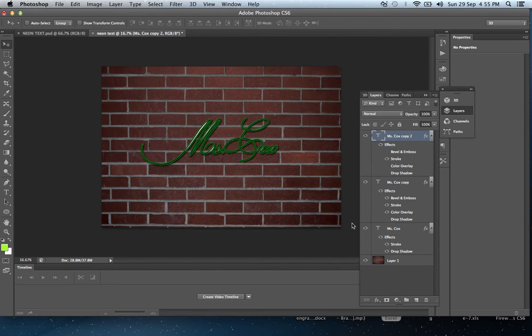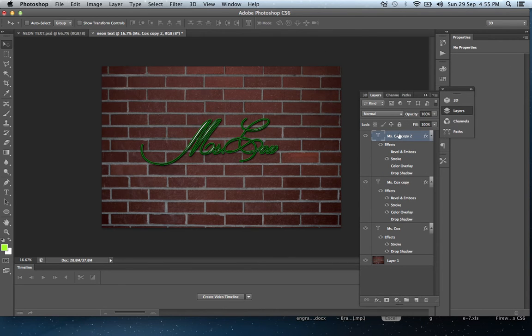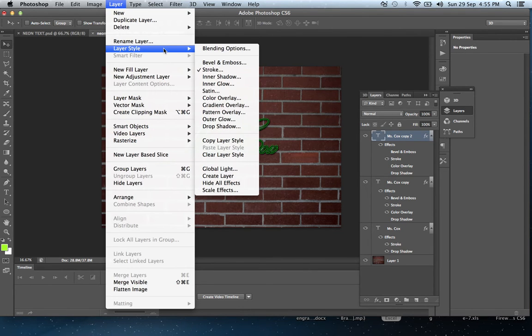Alright, now we have 3 text layers, our background layer. This layer, we no longer want it to be a text layer, we want to convert it to a layer. So if you right click it, you should be given the option to create layer, but if you're not, don't click copy, create layer. If you don't see it, just select the layer in the layers panel and go to layer style,